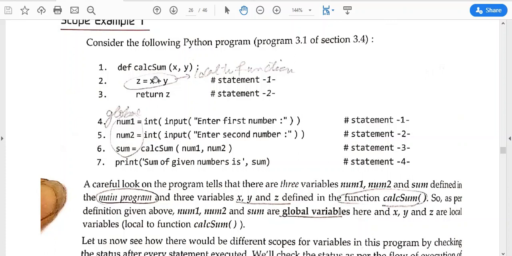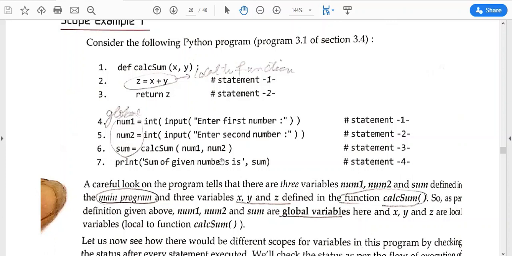So z will return the value to calcsum, and this value will replace this particular function statement, and you will get the value. So num1, num2 and sum are the global variables, and z is the local variable to calcsum. If you try to use this z here to print a value, it will give you an error.